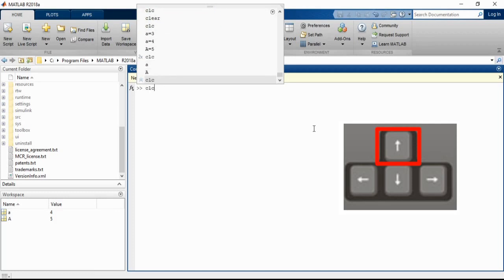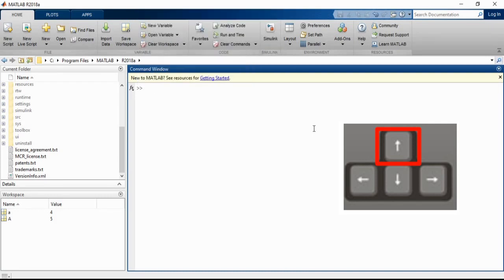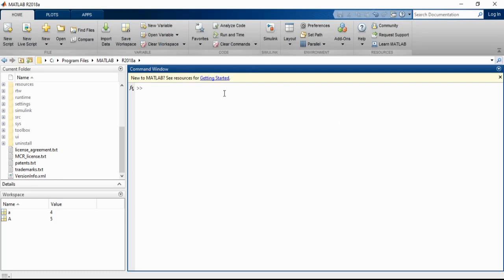I have entered different types of instructions in the command window, and you can see all of them by just clicking the arrow and enter them. Like this, we have different options to get data easily in MATLAB.